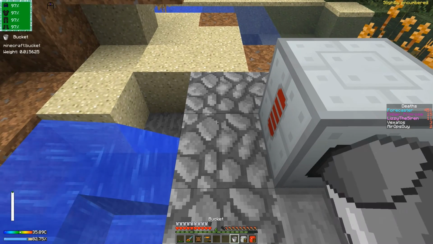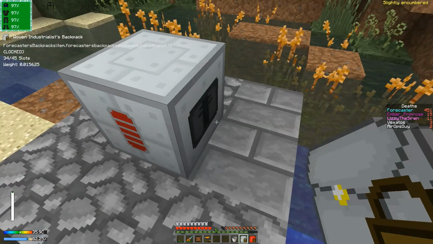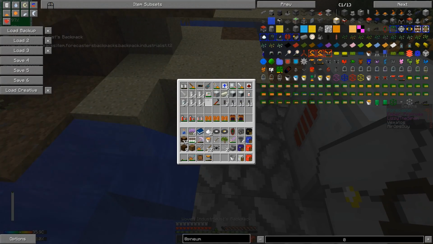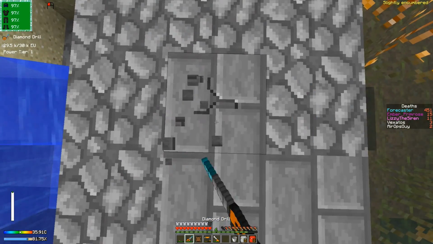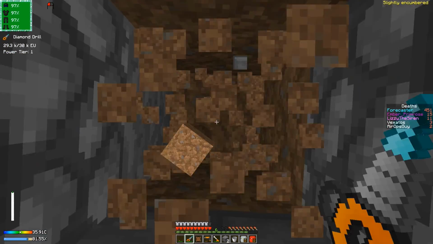And I'm of course not going to put a... Oh, I don't have any power for this, do I? Because I don't have any tier 1 batteries. Well, that's not good. So I guess if I can't use that, I need to get some battery packs with me. I guess I'm going to dig down manually then and see what I can find, and then...